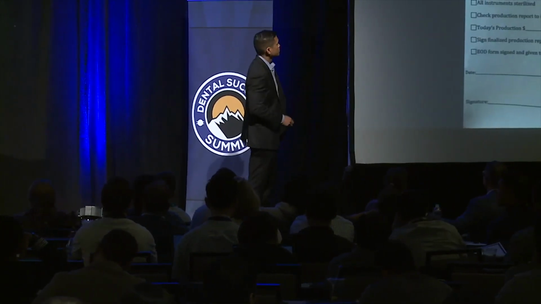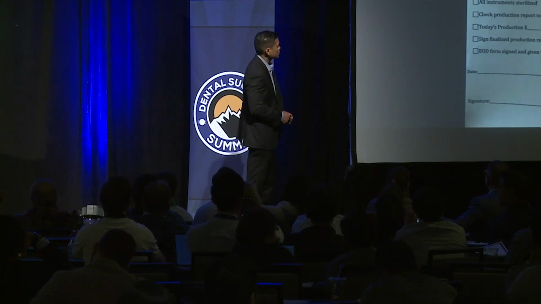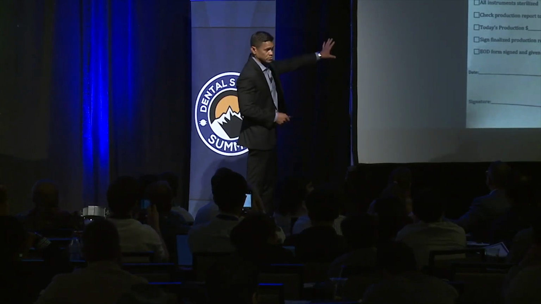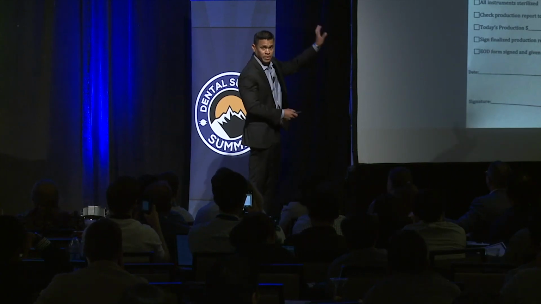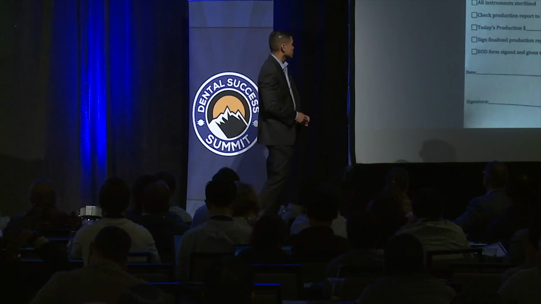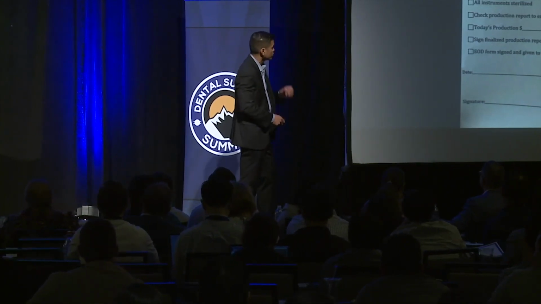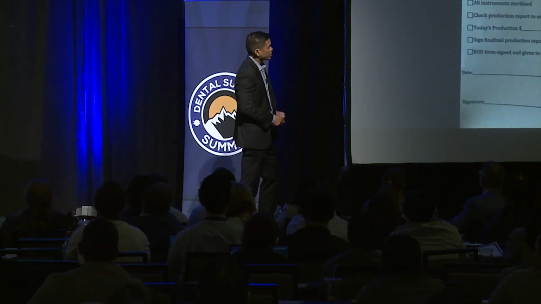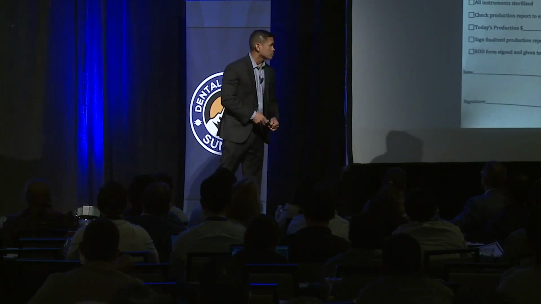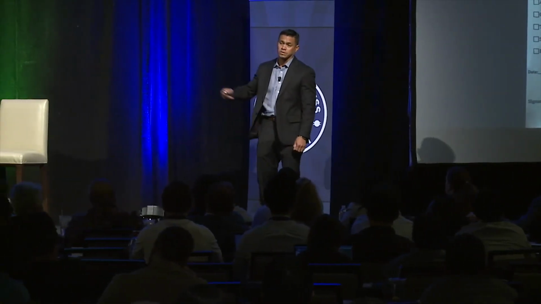Here's the hygienist: post-op calls, route slip notes are accounted for, and all chart notes are done. Notice these are dry erase, like we laminate it and they dry erase it, so we use them over and over again. Restock rooms, all instruments sterilized, check production report to ensure your production is accurate. Today's production was versus the goal. Sign finalized production report and give to office manager. End of day form is signed and given to office manager. Signed, signature, placed in the box.